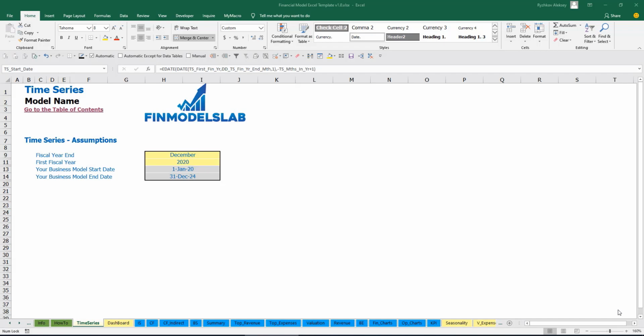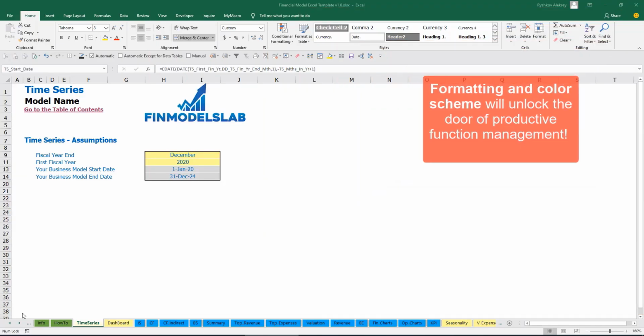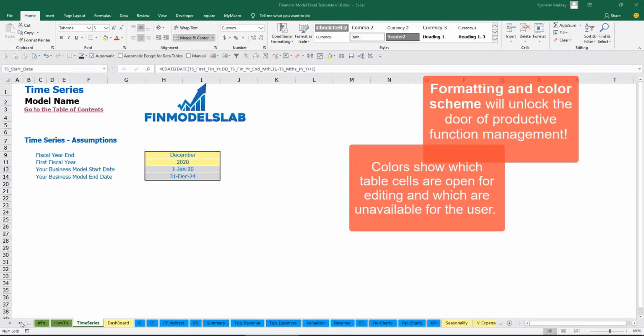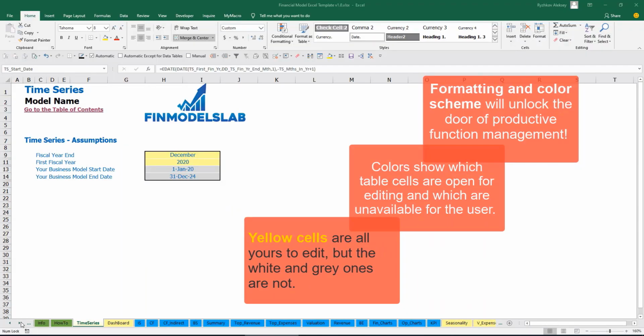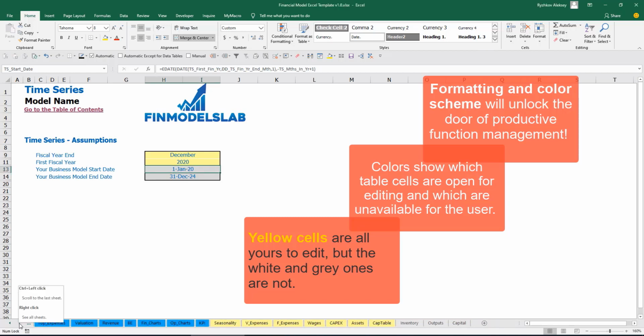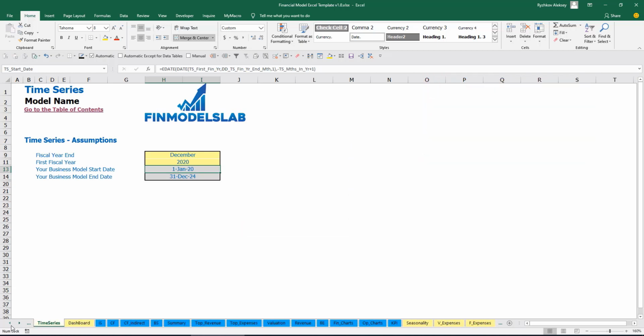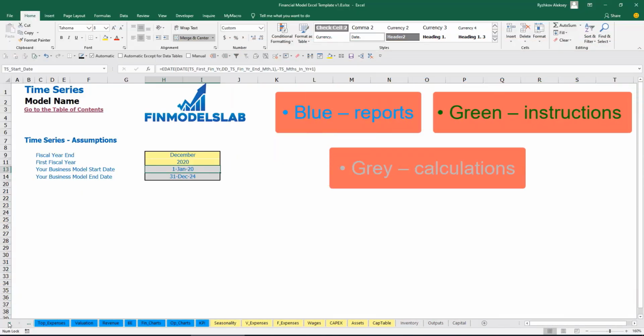The color coding in the model is very simple. You may change any yellow cell in any yellow sheet within the model. This means that this yellow cell has some input, assumption or driver which impacts the calculation within the model. Blue sheets mean that on these sheets there are some charts, reports, and other information which can be useful for